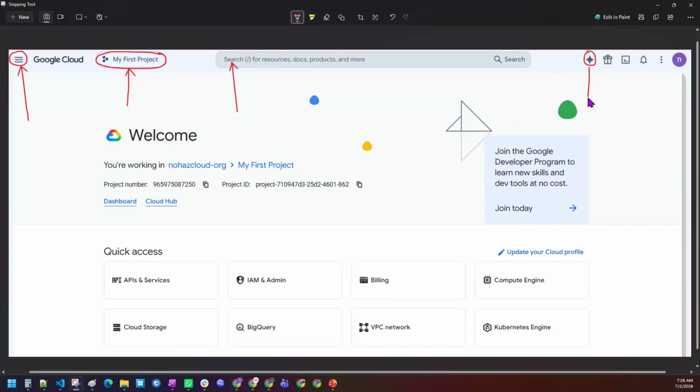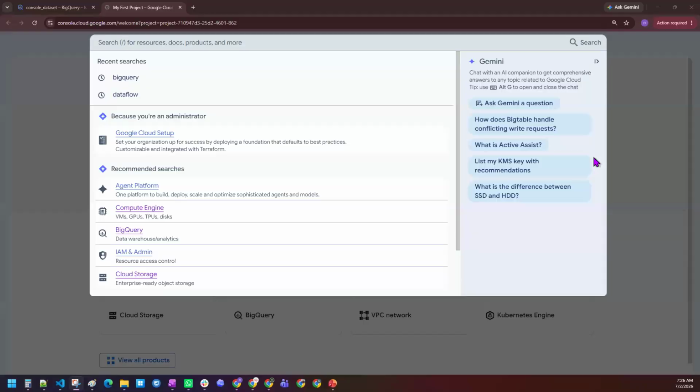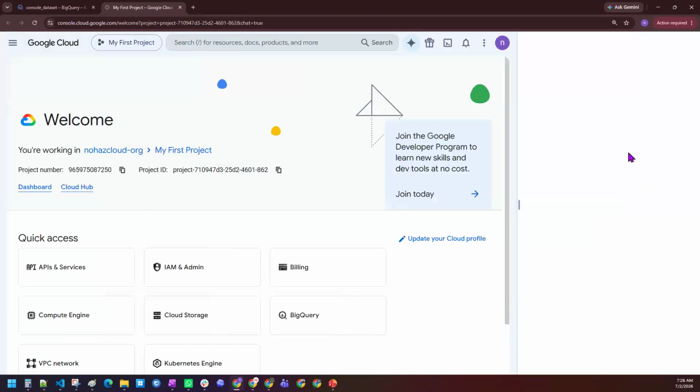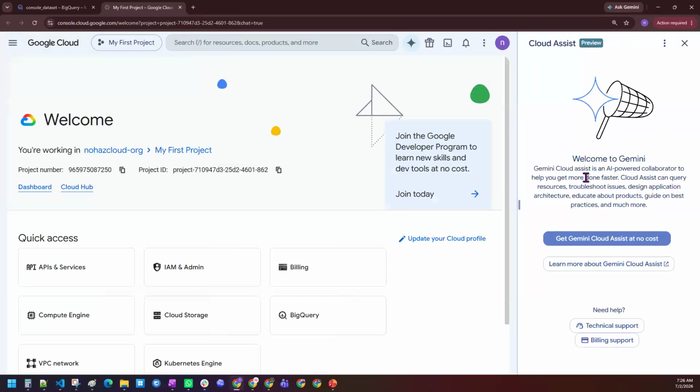And it is improving daily, and it can be used for many things. Gemini. So Gemini is now used for debugging any issue or asking any question. You have it here. If you can see here, you can click on this Gemini, and the Gemini assistant. This is your cloud assistant, and at this point of time you can have it at no cost.